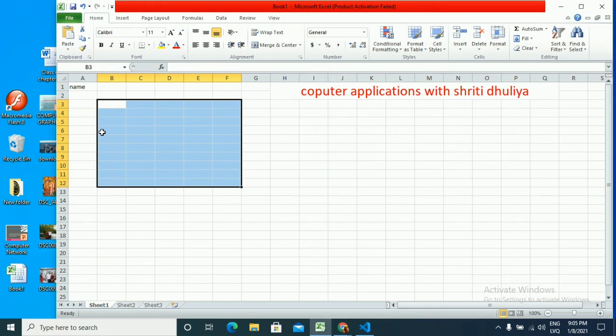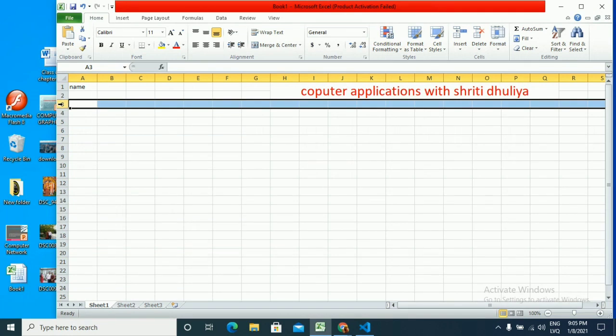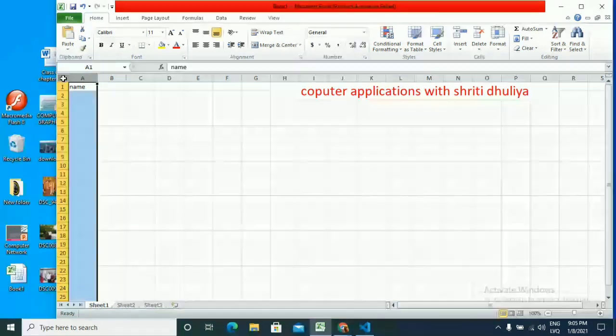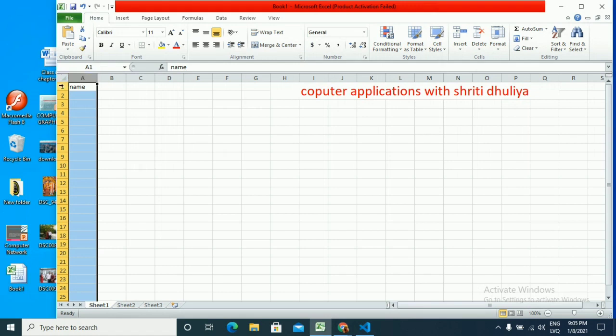If you want to select entire row, then you have to just click on the row name, row number. See, the entire row is selected, and if you want to select the entire column, you can click on the column letter and the entire column will get selected. If you want to select your entire sheet, now see, here is the option to select the entire sheet, which is intersection of rows and column.